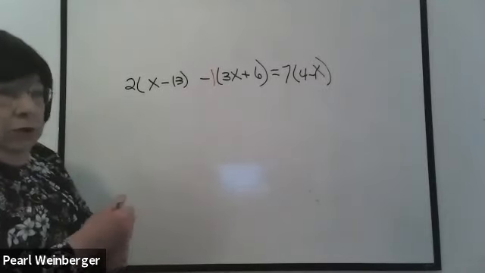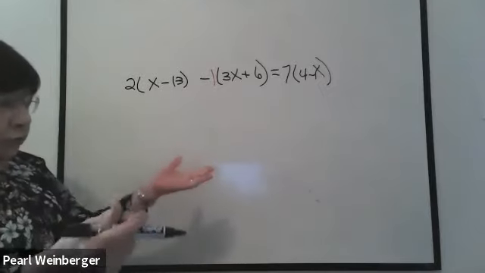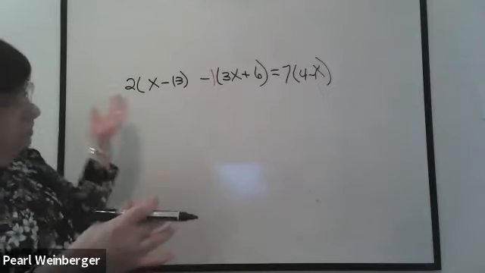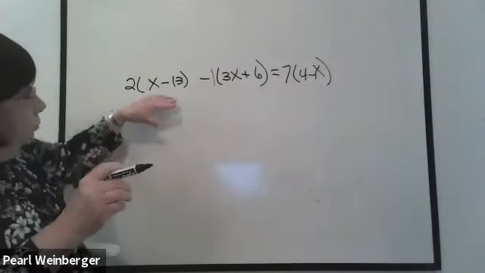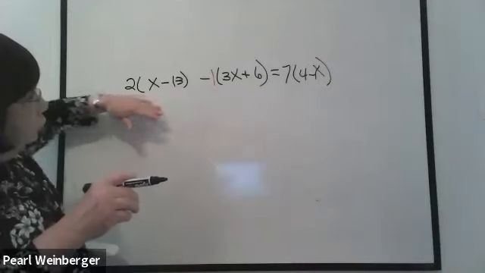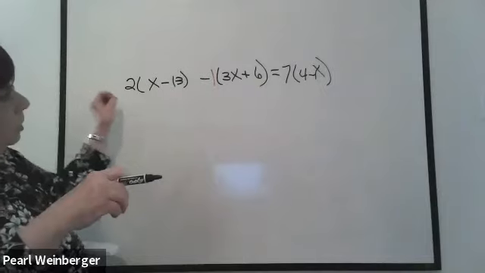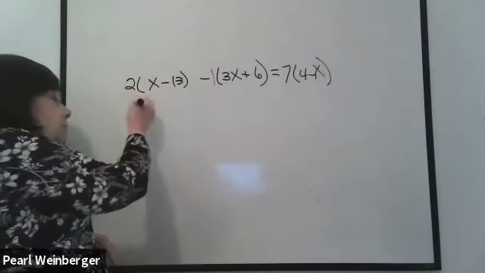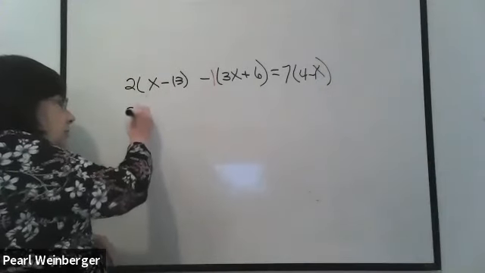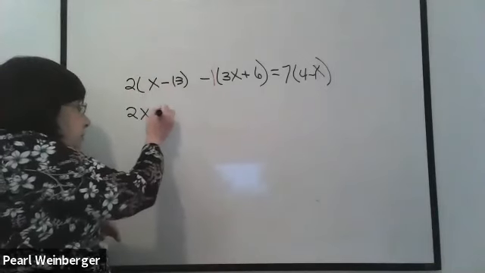So going on from what we know before, we see a bunch of parentheses, we want to remove parentheses. Now I'm just going to do it in the order I see it. In front of the first parentheses, I see a 2 and an x minus 13 inside the parentheses. I'm going to distribute this 2 and multiply 2 times x, which would give me 2x. And 2 times negative 13, remember a positive times a negative gives me a negative 26.